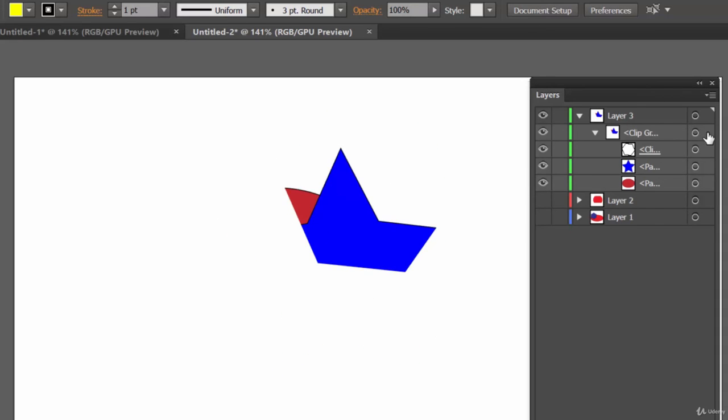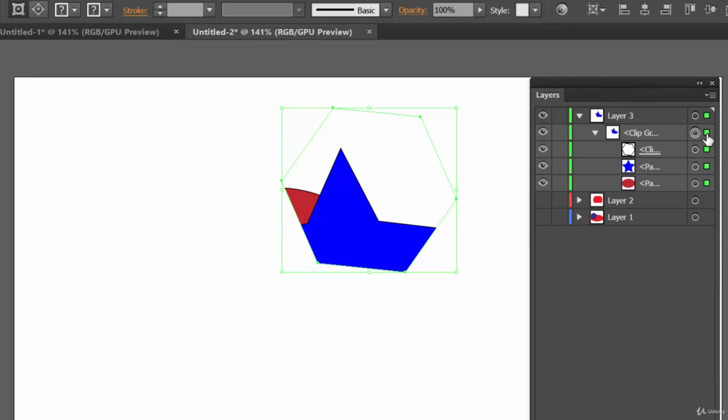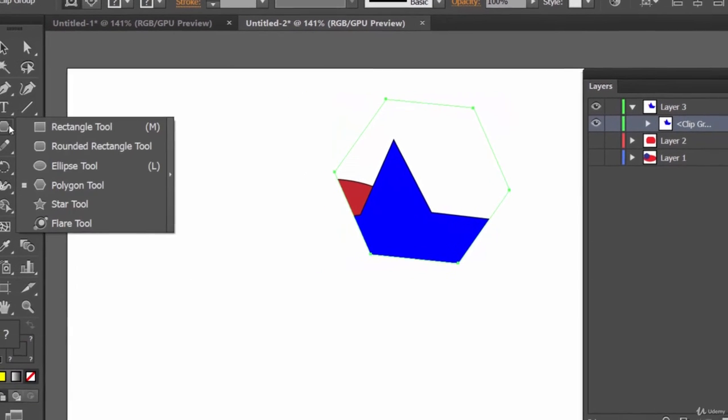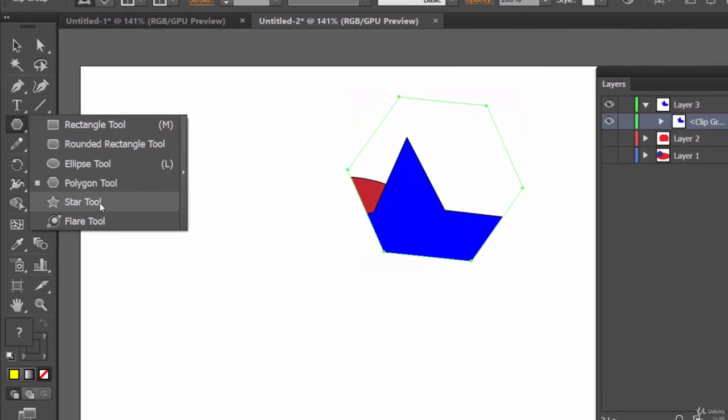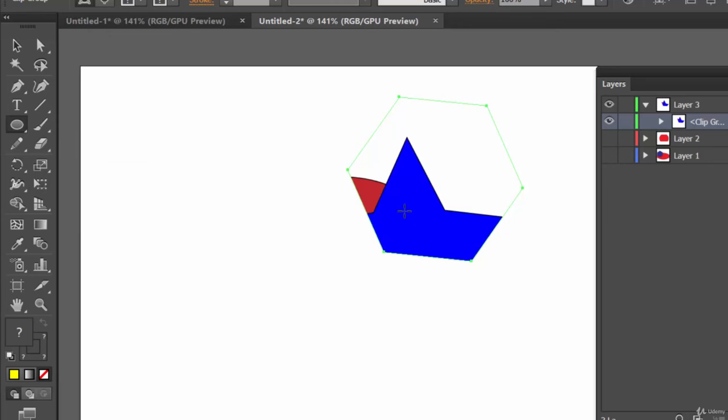Now again, let's come to this clipping group. We have selected this clipping group, right? Now, let's come here. Now, let's draw an ellipse again. Say like this.